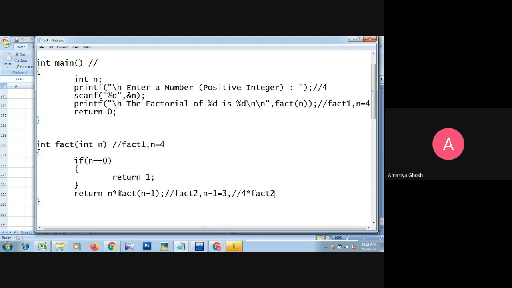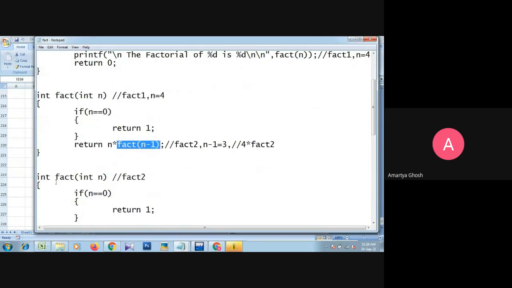The control comes into this line, and when it reads that fact2 is called here, it will jump to fact2. Before returning from fact1, the control will jump to the fact2 function.